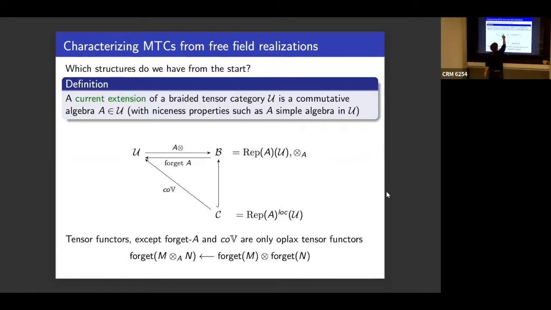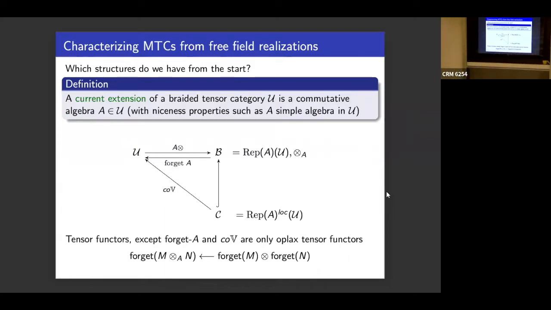So we have these three categories. This is a braided tensor category. This is a braided tensor category. This is just a tensor category. Here you have a tensor functor, induction by A. So if you have a module here, you can tensor it with A, it's an A module. Here you have the forgetful functor where you forget the action of A. It's just an object in U. This is just a lax tensor functor. It's not a real tensor functor, right? Because you forget the A action. Because here you have a tensor product over A, you just have a tensor product in U. And you can compose these, I will always write this because it has some meaning. You can compose this and this, you get a lax tensor functor here. It's written like Cover for reasons that become clear in a second.